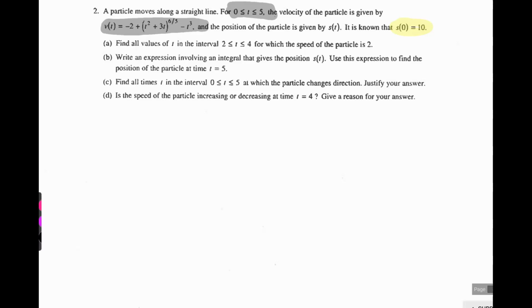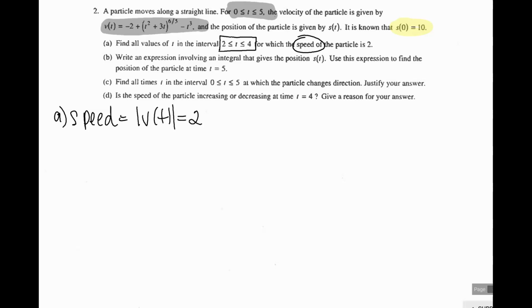All right, so for part A, it wants to know all the values of t from 2 to 4 in which the speed of the particle is 2. So let's remind ourselves that speed is the absolute value of velocity. All right, so I'm going to graph the absolute value of velocity, and I want to figure out when is